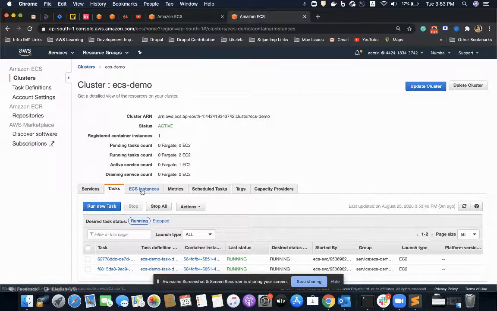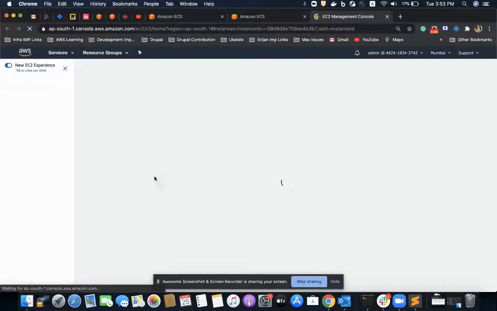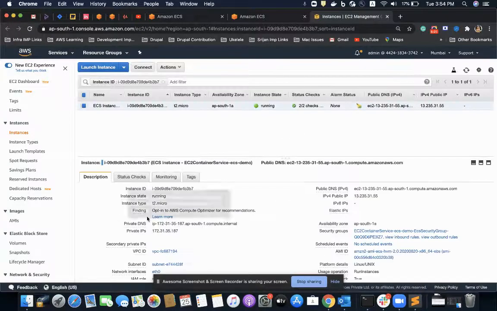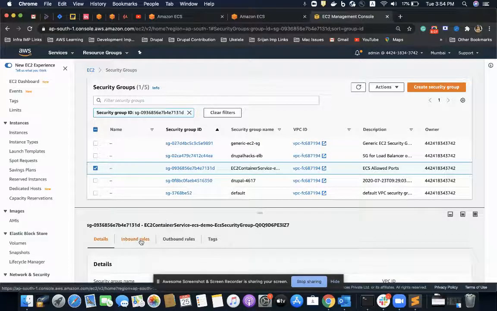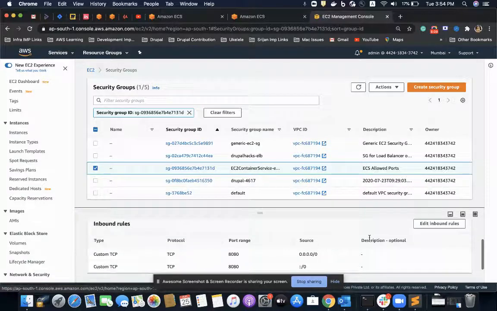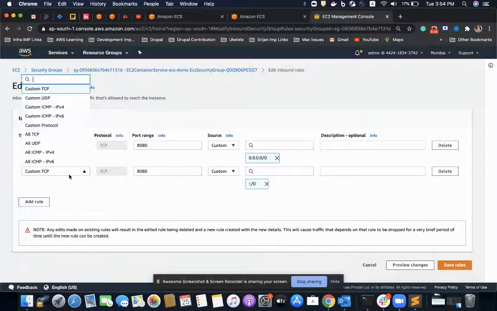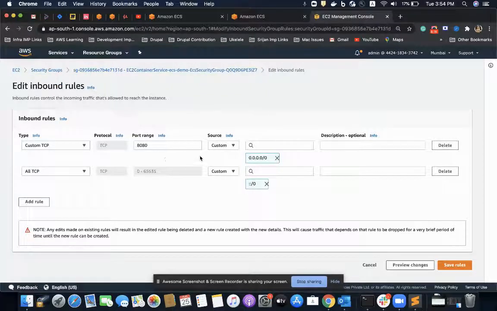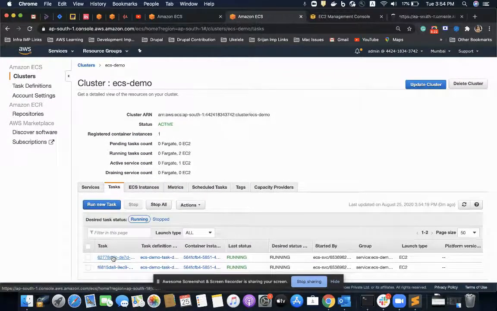I'll go to my ECS instance of my cluster, open my EC2 management console, and check the inbound rule of my EC2 instance. It is configured on port 8080, but if I go and check, the tasks have dynamic ports.